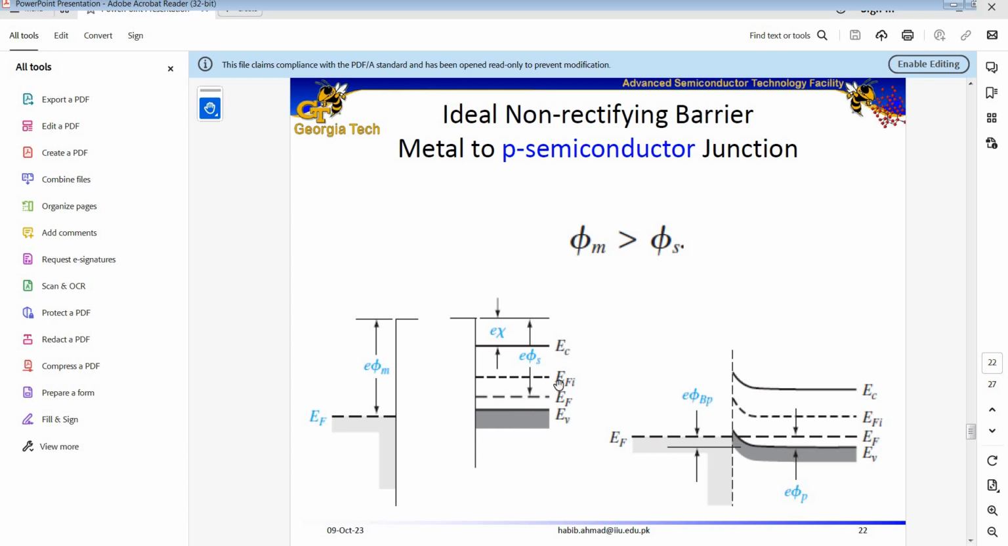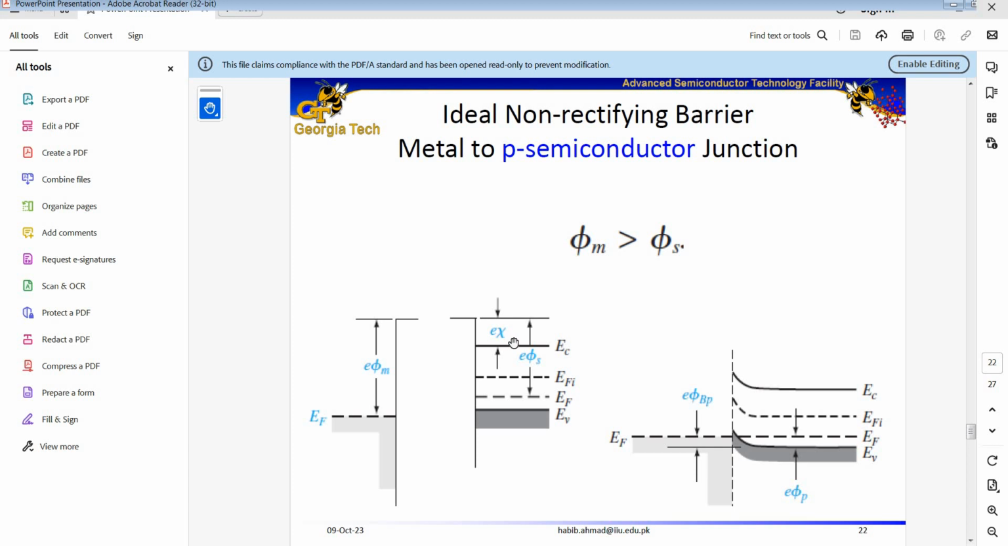And for a p-type semiconductor, for a non-rectifying barrier, the condition is the metal work function should be greater than the semiconductor work function. But for a Schottky junction, or we can also say for a rectifying barrier, this metal work function should be less than the semiconductor work function. Let us figure out the semiconductor work function first. So we know that for a p-type semiconductor, the Fermi energy level would be close to the valence band,